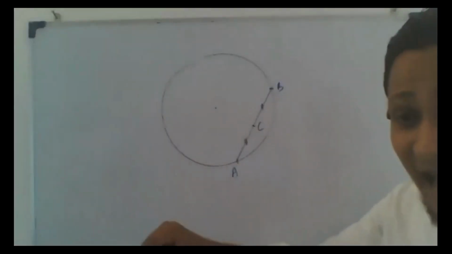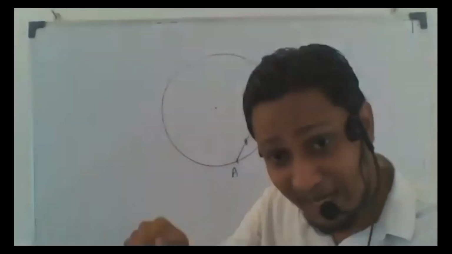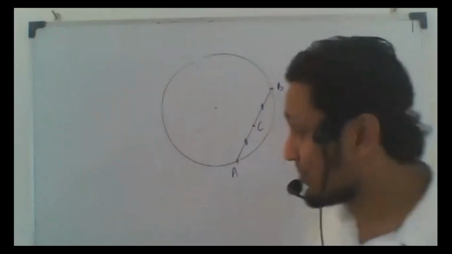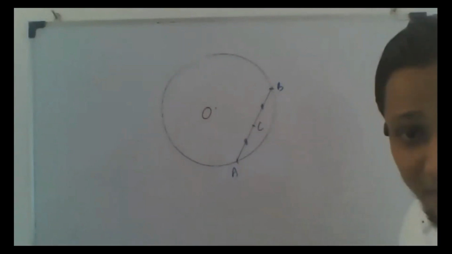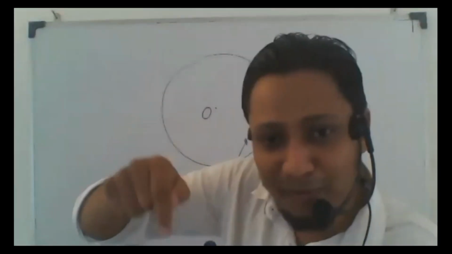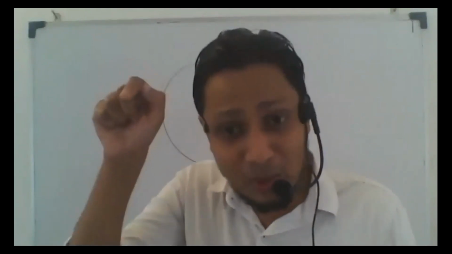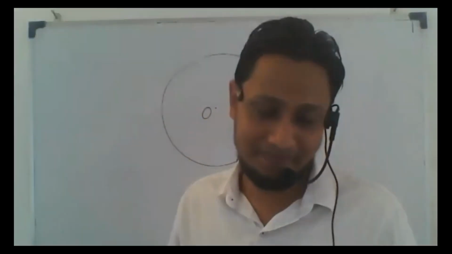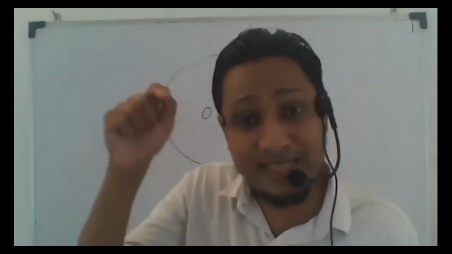All right, listen to this one. I am going to draw a line. Listen carefully, from where to where? From the center, I'll mark the center as O, from the center to the midpoint of the chord. Now I'm going to state the theorem. What is that theorem? The line which is joining the midpoint of the chord to the center.